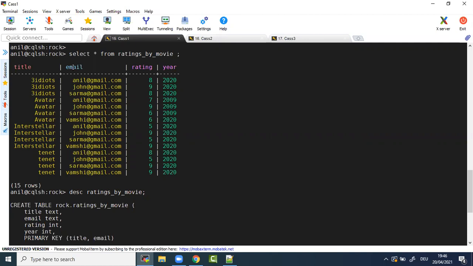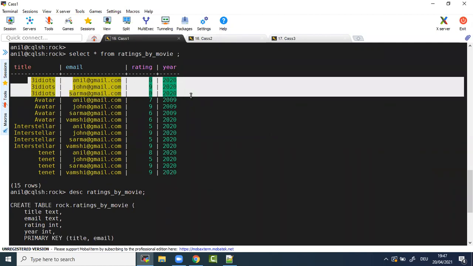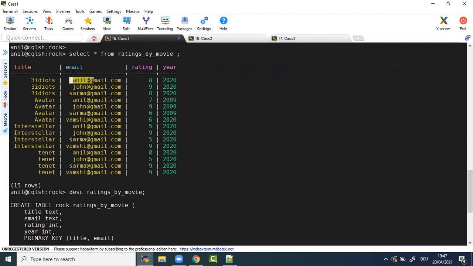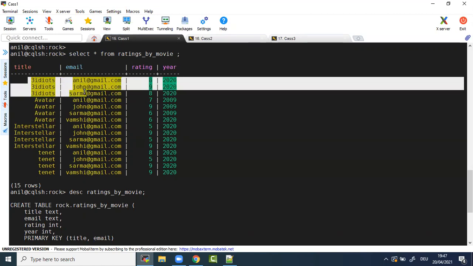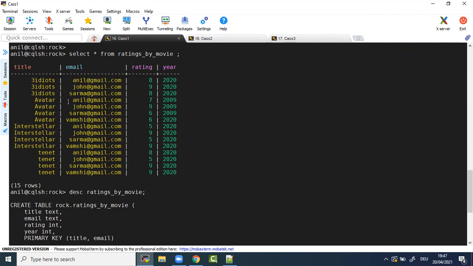Now, if you notice here, I didn't put any order by condition or anything here, but still, let's try to understand what I'm storing here. In this table, I'm keeping the movie name and I'm storing who watched it, how much rating they have given, and which year that movie got released. But if you notice here, whoever watched the Three Idiots movie, all are in one single place. This is how it stores inside the disk also. We'll go into the disk and we'll try to see how it is representing the data inside the storage. So that is the thing.